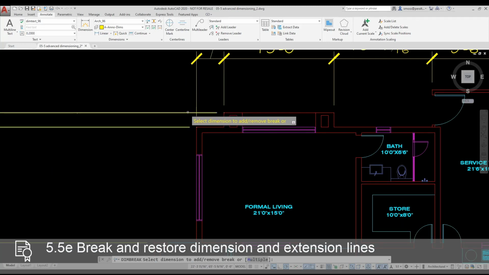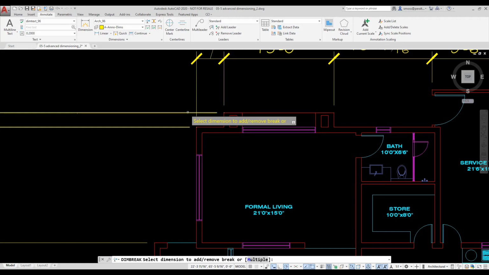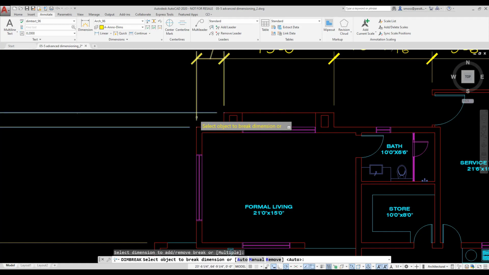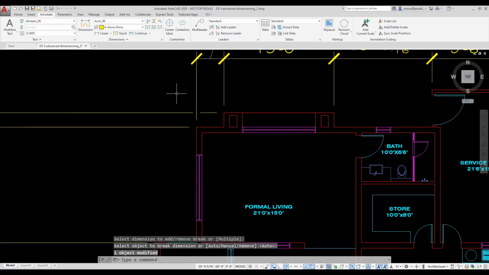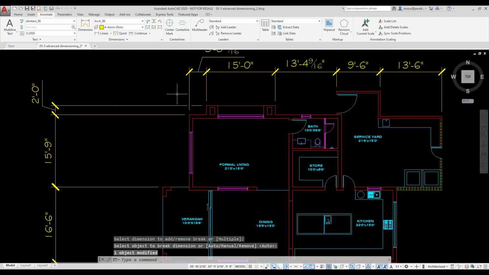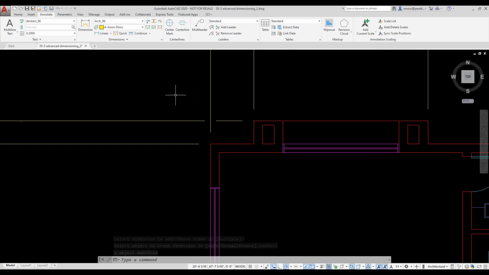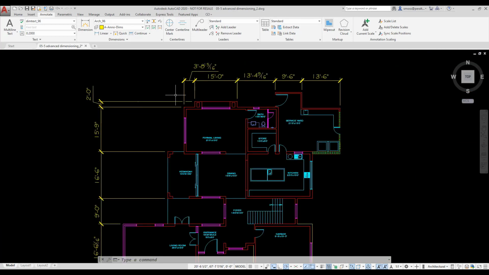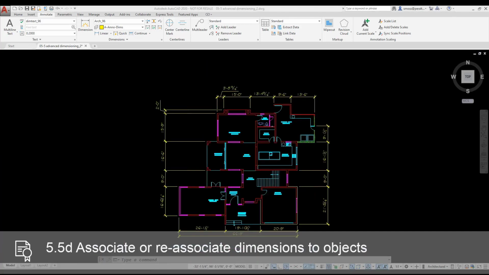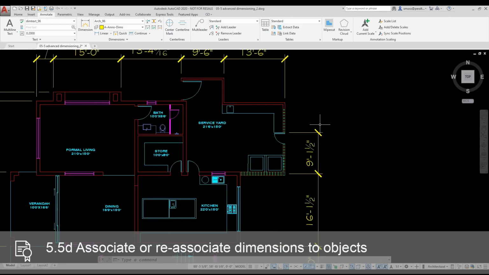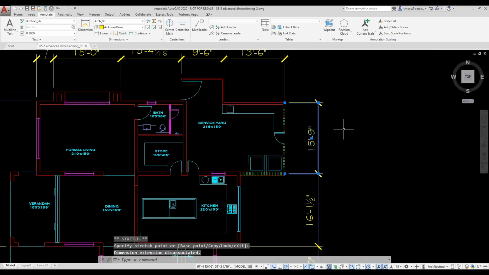I select Dim Break, select the extension line to be broken, and then click Enter to use the dim break value set in the dimension style. I'll zoom in a little so you can see the change. I want to adjust the dimension on the right side of my floor plan. You can adjust dimensions by simply moving the extension line. Select the end grip of the extension line and then just move it to the desired location. The dimension value updates. When placing dimensions, there are a lot of tools available